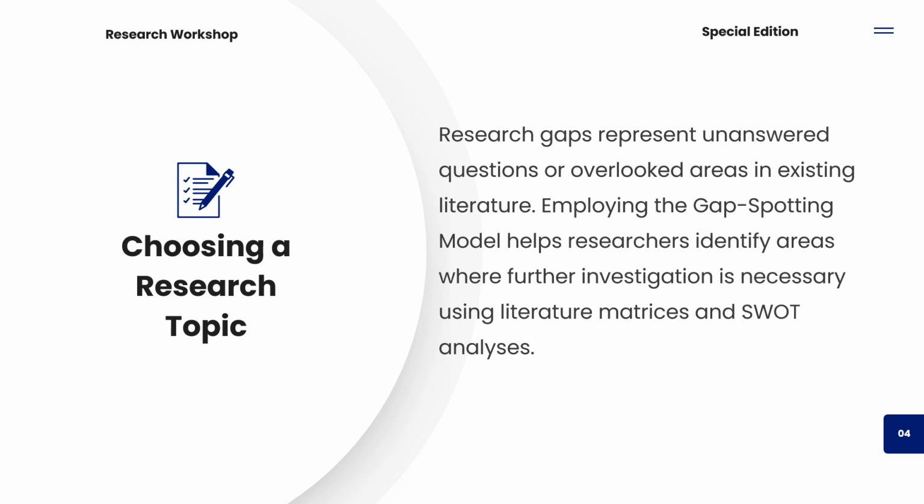The first thing you want to identify is what are the unanswered questions, what are the overlooked areas in your own space. Of course, scholars have worked on several concepts in your field. So you want to look into your field and do a proper literature review of what has been done, to know what the unanswered questions, overlooked areas, or inconclusive theories have been over time in your field.